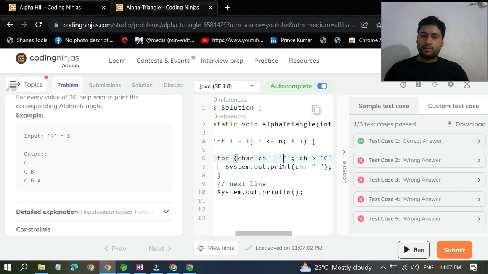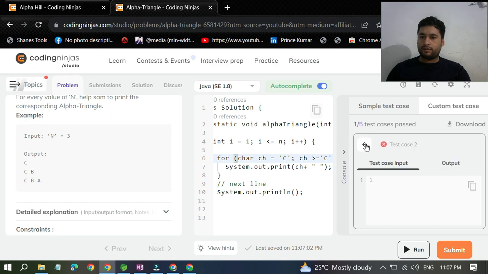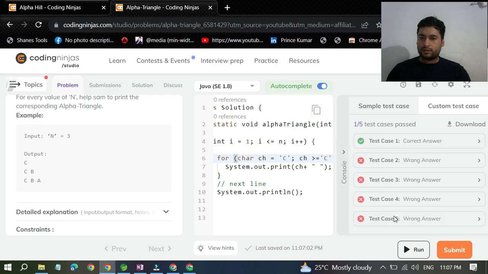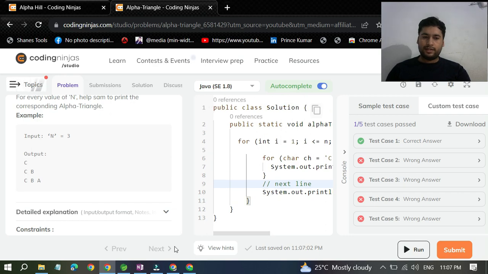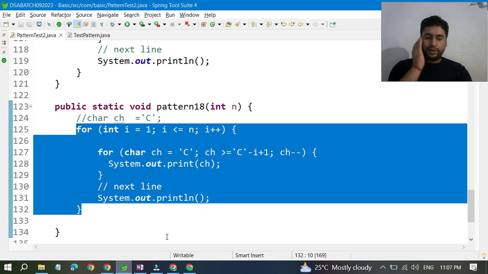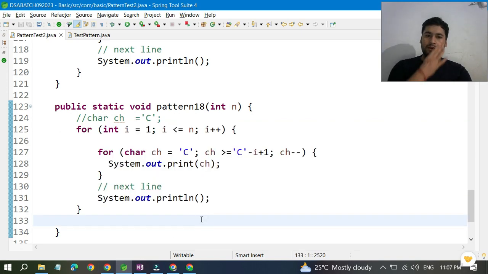So what is happening here is it started with the C. If it is 1, if it is 2, if it is 9, that time it's failing. So if it fails, how can we make it dynamic? For making that dynamic, what do we have to do? So whatever we have,